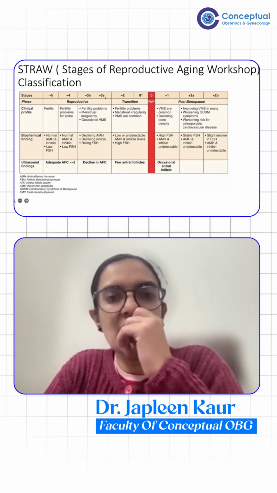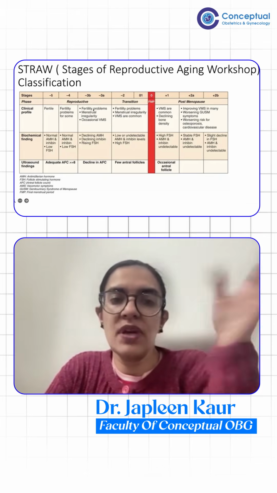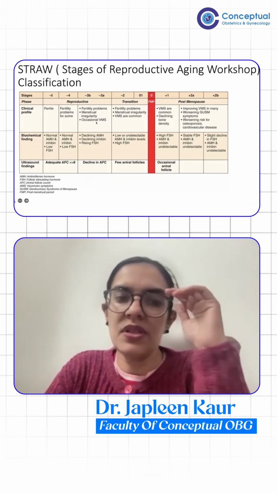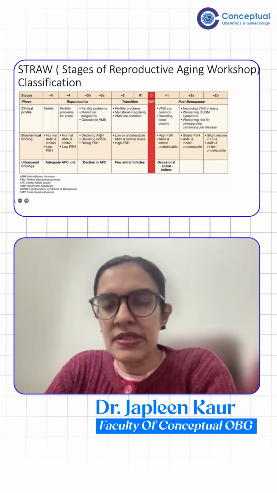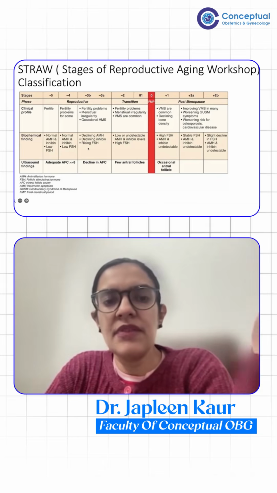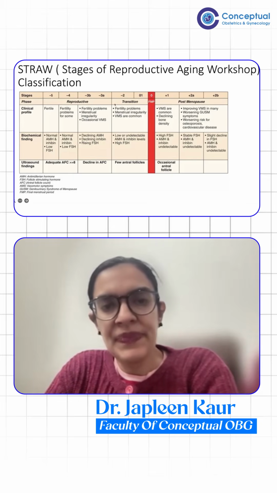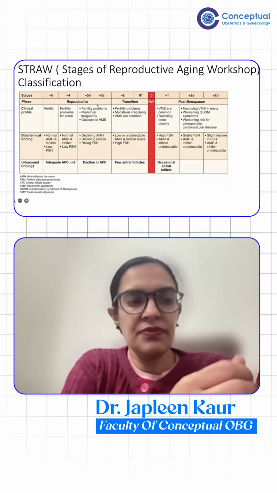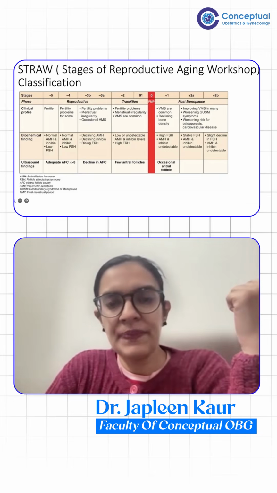Then -3b, -3a, generally an aging woman, more than 35 now, has fertility problems, menstrual irregularities, and may start having occasional vasomotor symptoms. And biochemically, you see that AMH is decreasing, inhibin is decreasing, FSH is starting to rise. On ultrasound, the AFCs are decreasing, okay? So these are the advanced age patients who present to us with fertility problems and menstrual problems also, right?